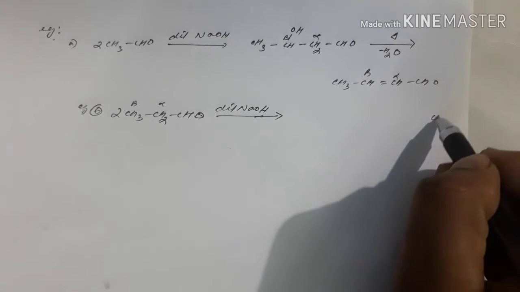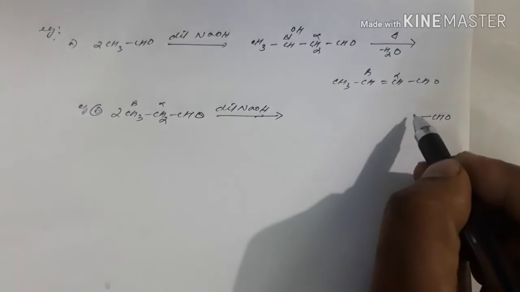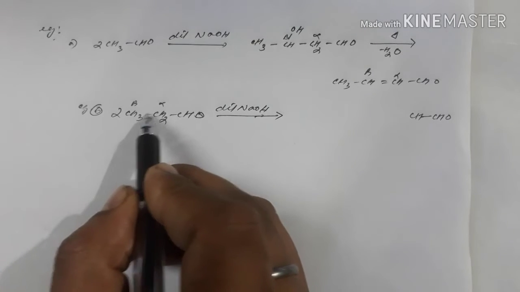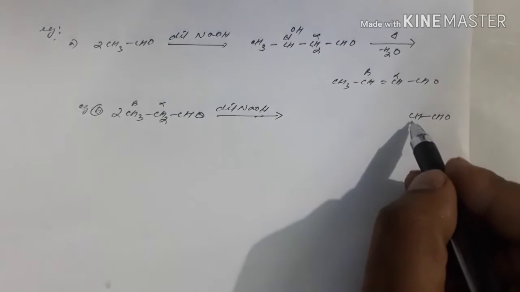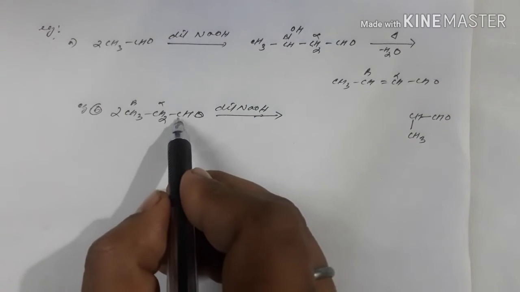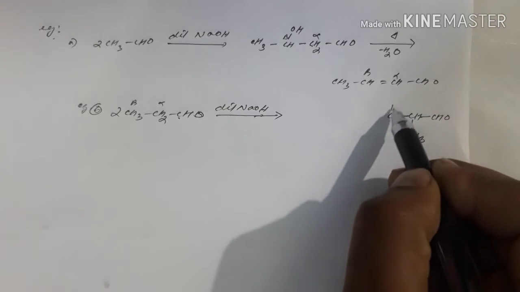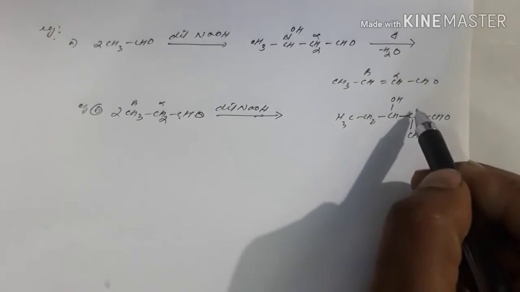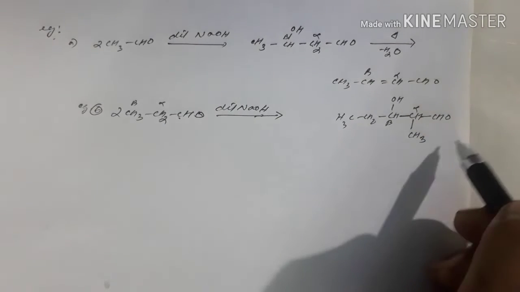You start from this, you have written the CHO group. Then you remove one of the hydrogens from here and write it as CH. Whatever the rest of the thing is here, other than the alpha hydrogen and alpha carbon, you write it below here. Again you start from this and make this an alcohol group: CHOH, then the rest is CH2, CH3. So this is my alpha beta, look at it. This is now beta hydroxy aldehyde, right?